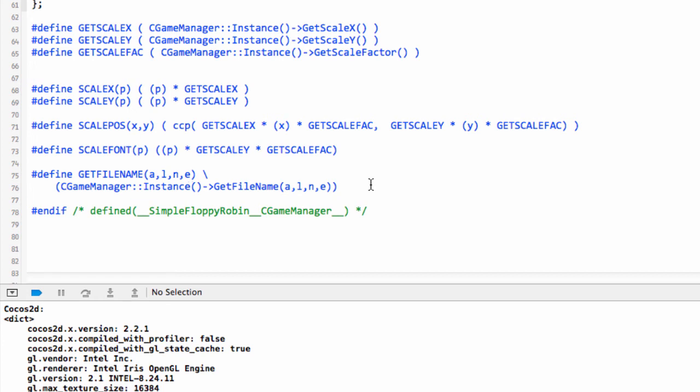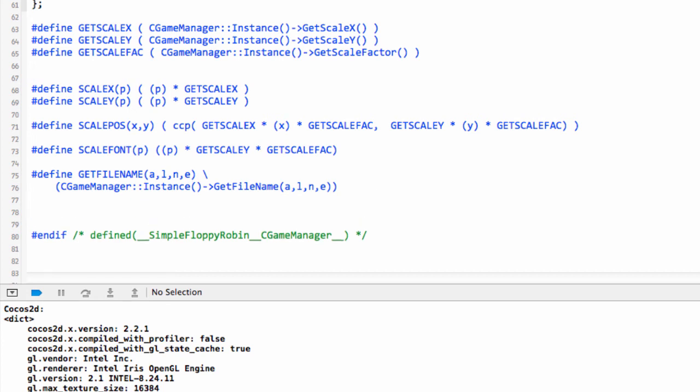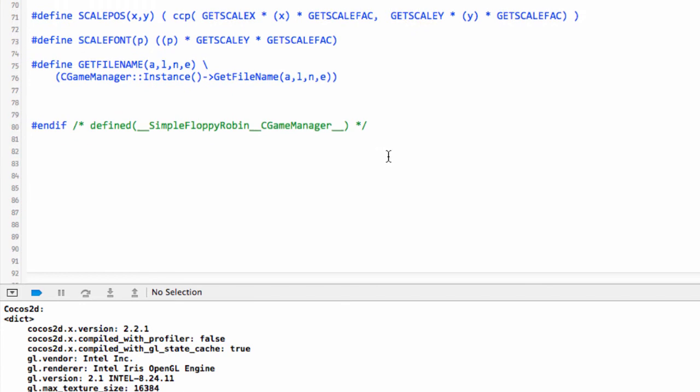Now what we want to be able to do is some of the sprites will need to scale in the X and Y direction. So we'll want to scale something by X and scale it by the Y scale, but other sprites like the robin will want to just scale them according to the Y scale. So I'm going to define and say scale node and just put X and Y here,